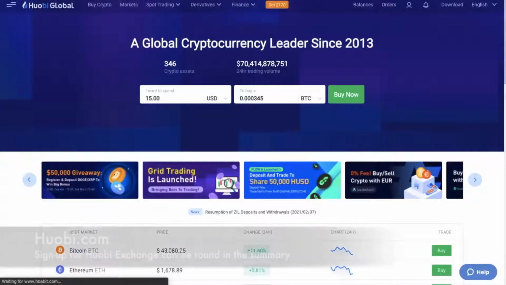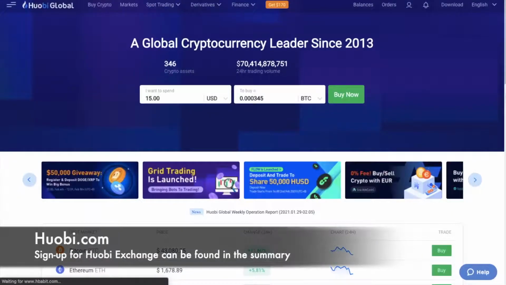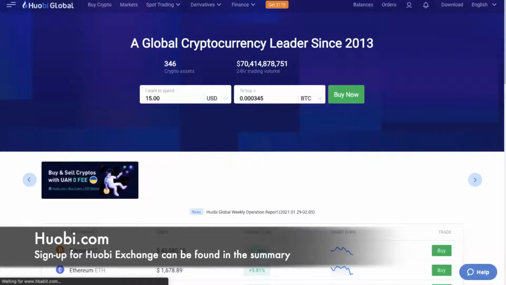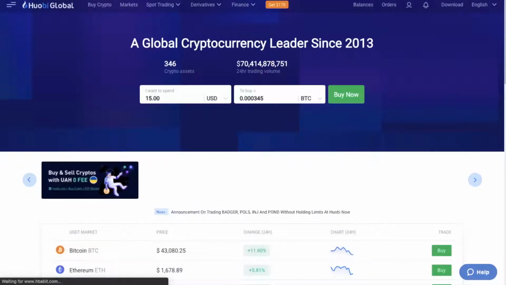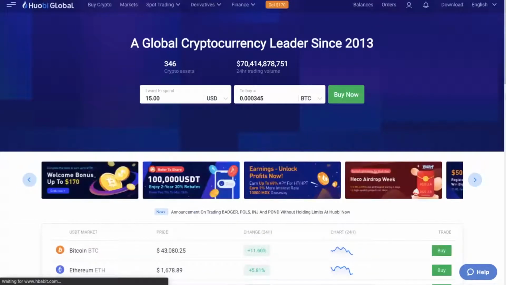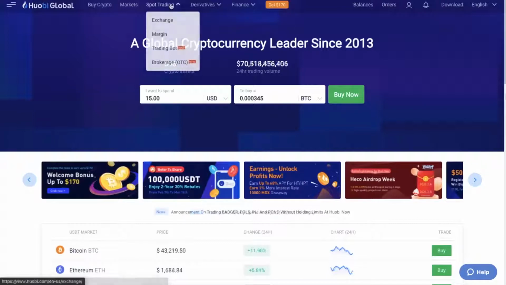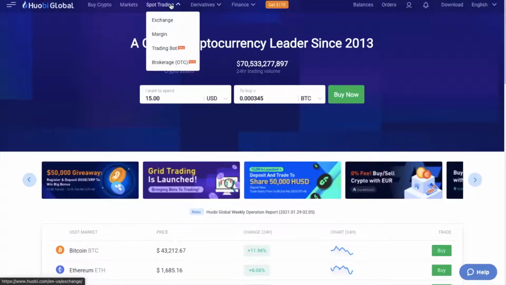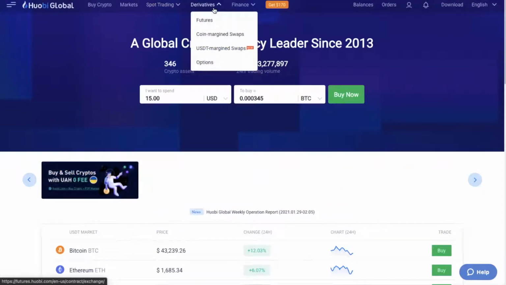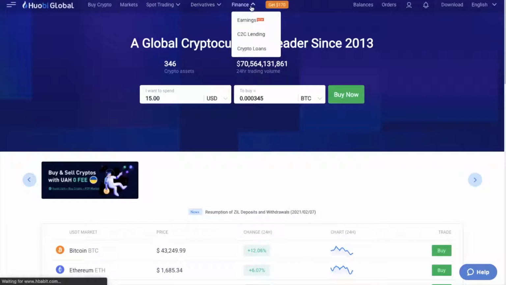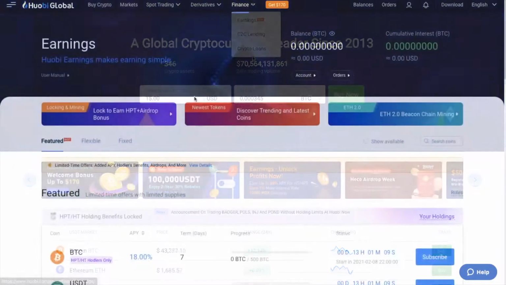Huobi is a long-running cryptocurrency exchange which was launched back in 2013. The exchange itself was created in China, but is now based in the Seychelles, with offices across Asia and the US. And they offer a whole host of trading options, with their exchange for spot trading. There's margin trading, you can set up trading bots, and trade using Huobi brokerage. Plus there's also derivatives and futures, coin and USD margin swaps, plus instant crypto collateralized loans, and ways to earn,